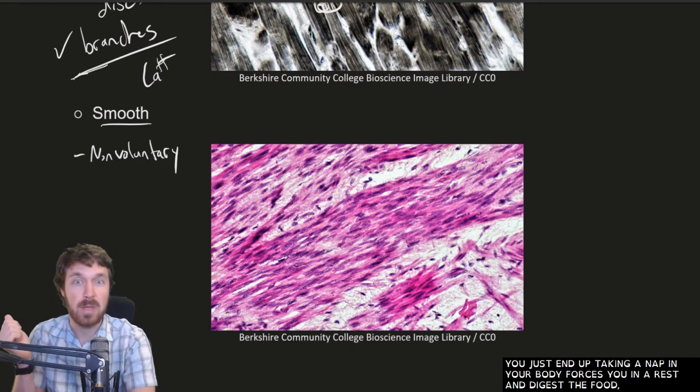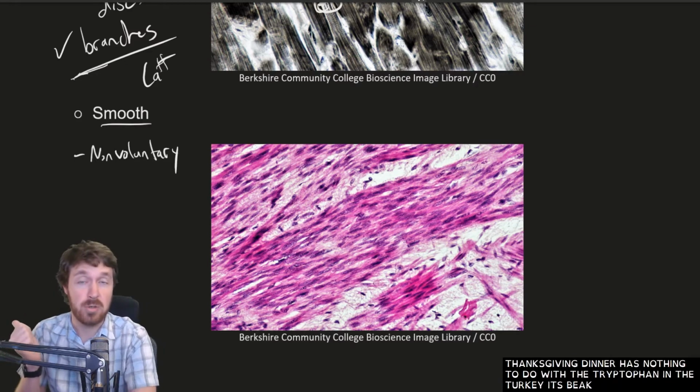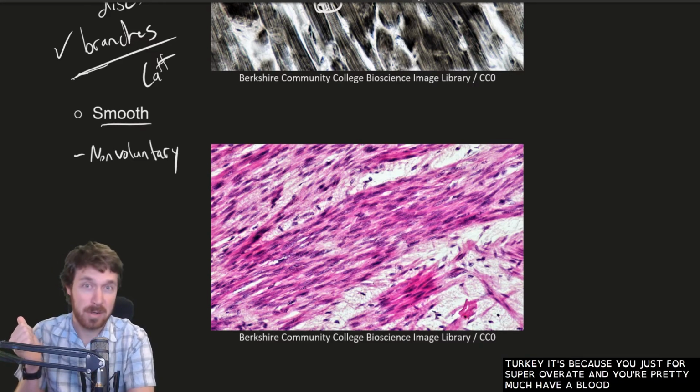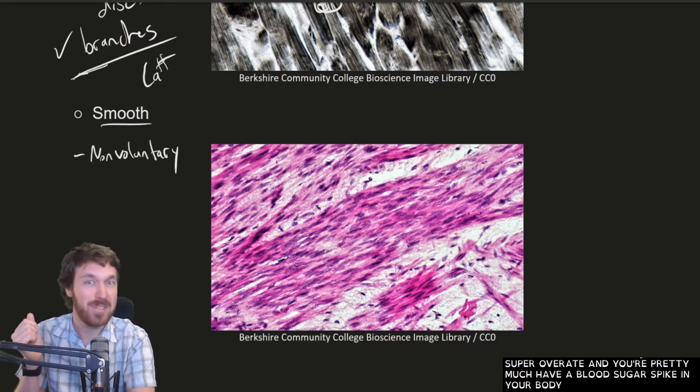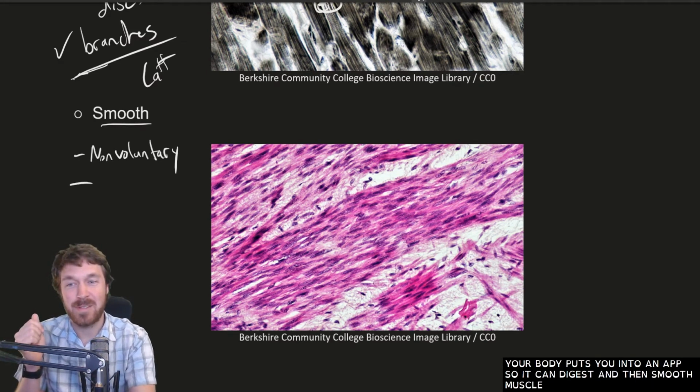That's the food coma that you get after eating Thanksgiving dinner. It has nothing to do with the tryptophan in a turkey. It's because you just super overate, and you pretty much have a blood sugar spike, and your body puts you to nap so it can digest. And then smooth muscle also lacks